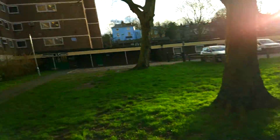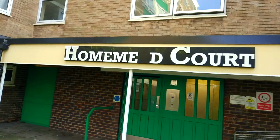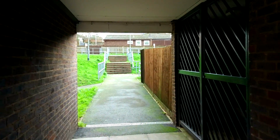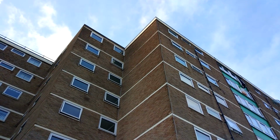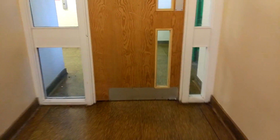And now we go to the other one of the two tower blocks. Please mind the door. Doors